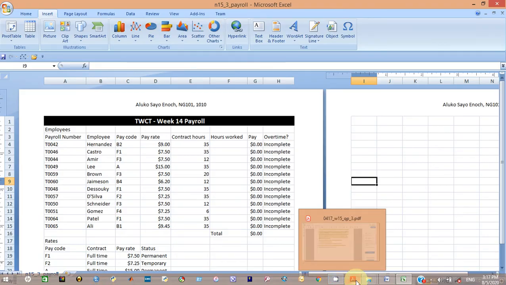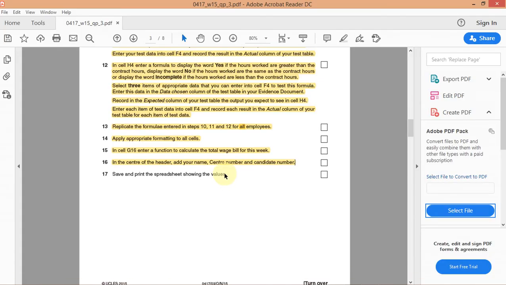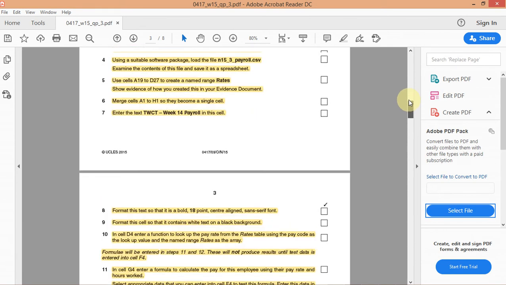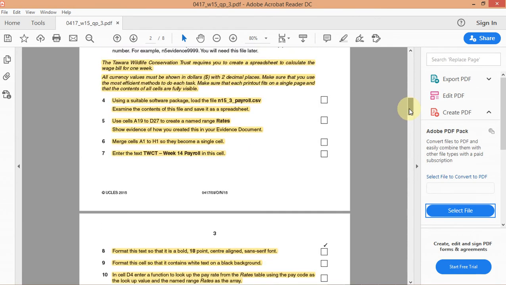Next, save and print the spreadsheet showing the values. So guys, before I save and print, don't forget that we have some instruction at the beginning, we are told that we should make sure each printout fits on a single page. Don't forget this, guys. Each printout must fit on a single page and all the content must be visible. So because I want to print now,